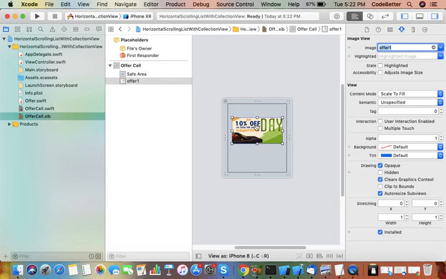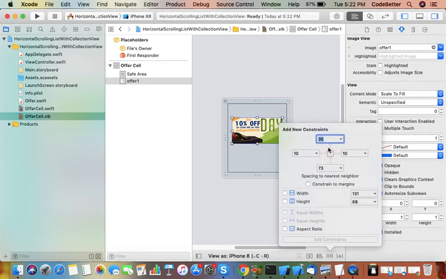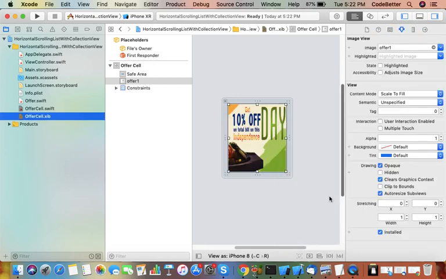Now we want this image view to cover the complete cell UI. So we add constraints 1 1 1 1. It can be 0 0 0 0 also. So this is how our image view is now fit into the cell.